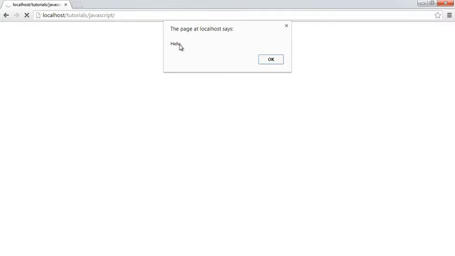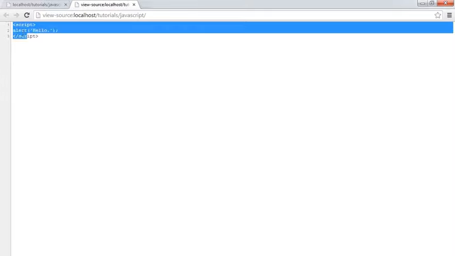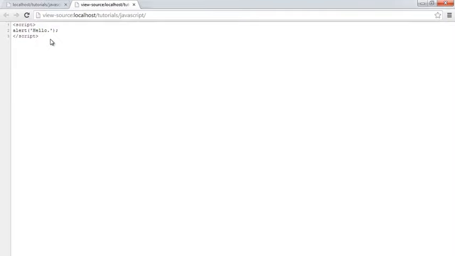So you can see that we've got a hello dialog up here with an OK button. I'm going to hit that, and we're back to where we started. Now I'm going to view the page source here. Now you can see the entire source code of this file. You can see that we've got the alert there with the hello text in the middle of it, the script tags on the outside. Everything that we write in JavaScript will be visible to the users that are using the